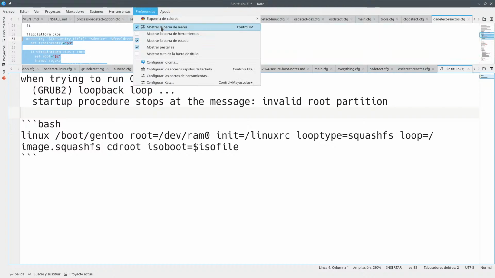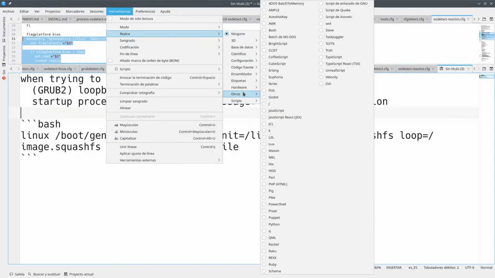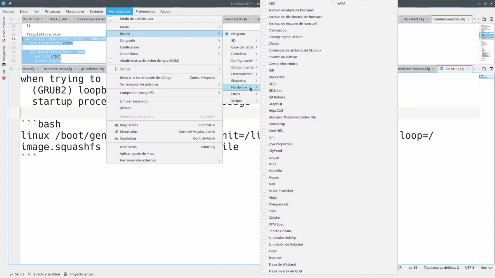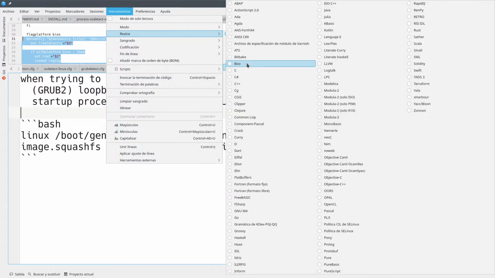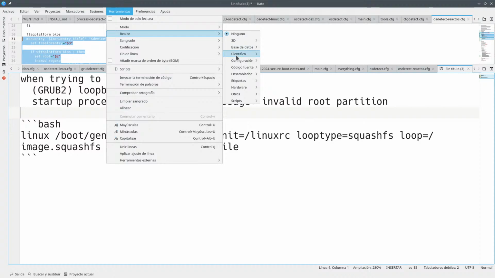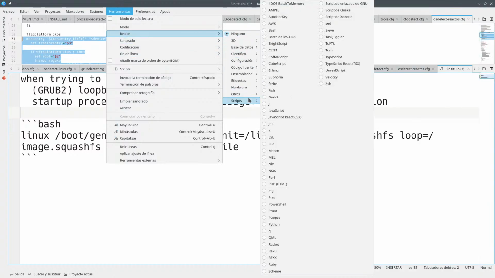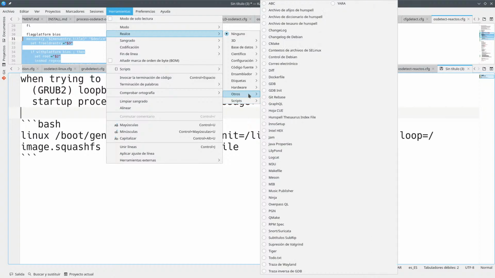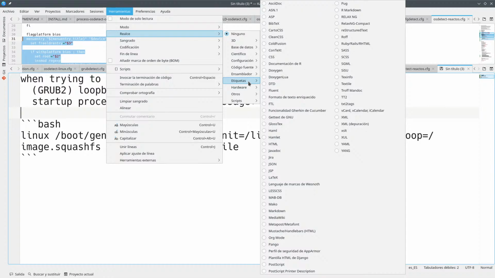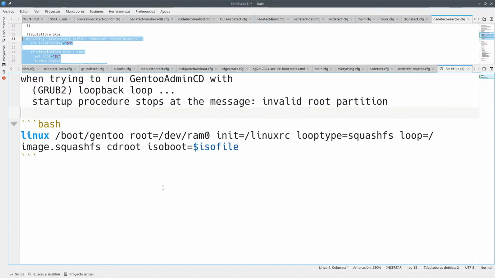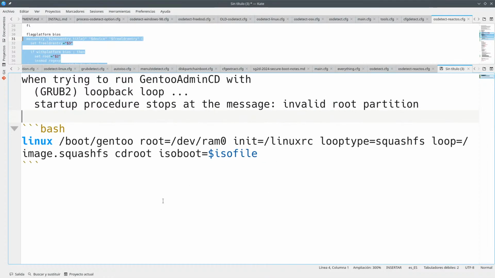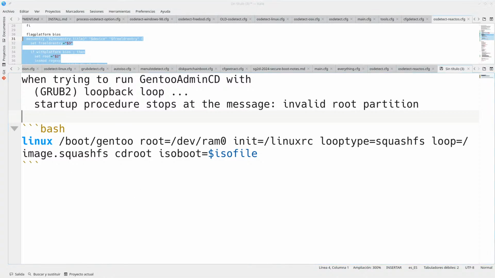And let's say here that this is a markdown thing. Even if it's not bash, this helps us to understand this. Okay, so the first thing